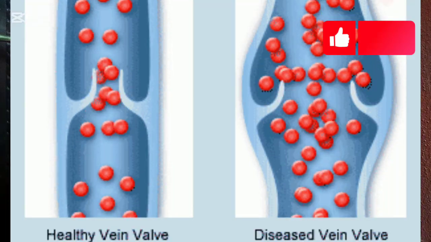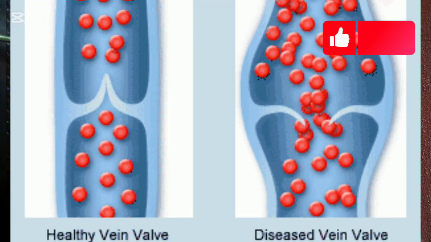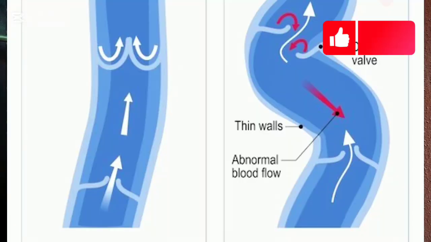Now, your vein has one-way valves that help blood flow to your heart. When these valves that help the vein pull blood towards your heart get weakened or damaged, they can no longer close properly. And when the valve can no longer close properly, it allows blood to flow backward and pool in the vein. Now, when blood begins to flow backward in your vein,